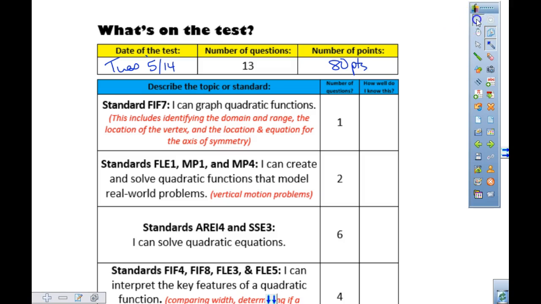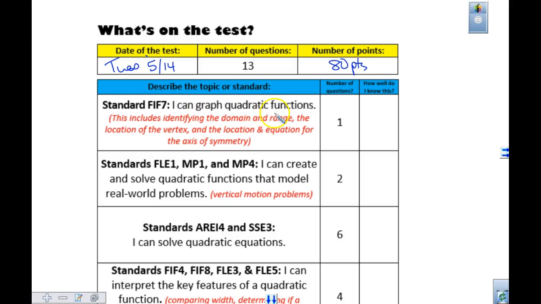The first one is that you need to be able to graph a function. This includes identifying the domain and range that you have to find. You're going to have to tell me exactly where that vertex is, the vertex being that ordered pair (x, y). Keeping in mind how you're finding that vertex when you find the x coordinate: sometimes your equation is in vertex form, and if it's not, it's negative b over 2a